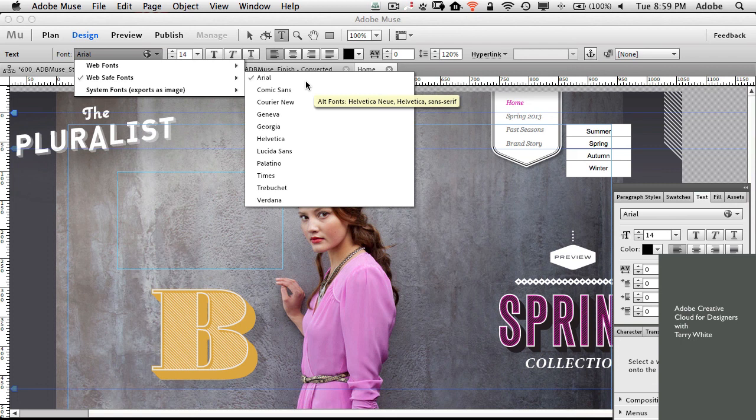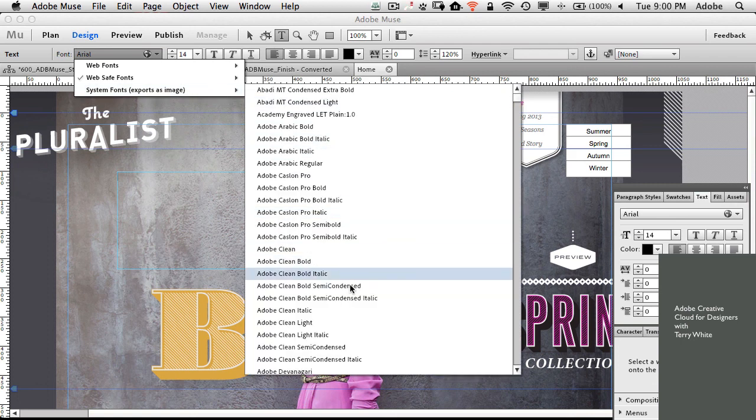Well, what if you want to use something other than those? In the past with Muse, you could access any of your fonts, but when you export out your site, it's going to export any other fonts as images. So then you get into issues where it's not searchable, you have to do alt tags and all kinds of other things to make that work, and